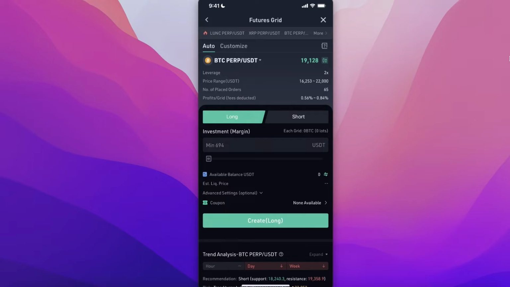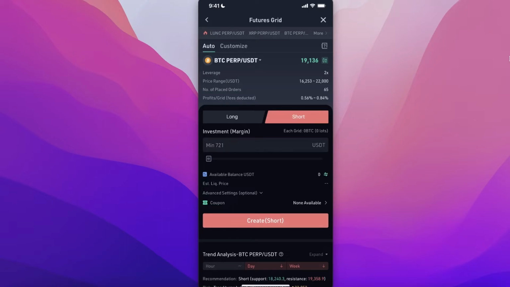So if you long a futures trade, that means you expect the price to go up, and you can place a bot to purchase when the price is down and sell it when it reaches a certain price. And once it goes back down, the bot can repurchase and then resell over and over again, and this will give you profits. Now, you can also choose to short, and shorting basically means that you think the price of something will go down,